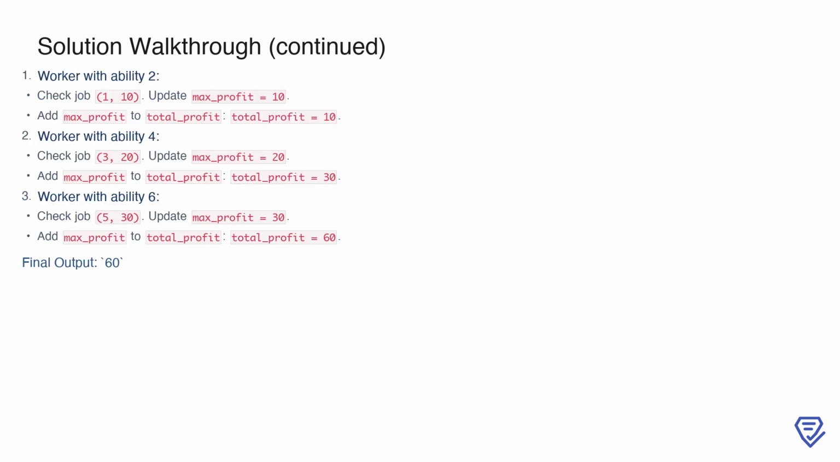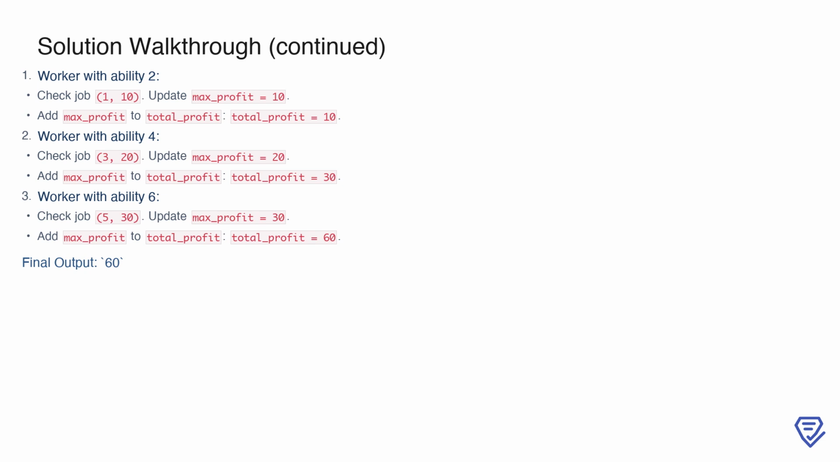We start with the worker who has ability 2. The only job they can take is 1, 10, so we update max_profit to 10 and add it to total_profit, which becomes 10. For the worker with ability 4, they can take the job 3, 20, so we update max_profit to 20 and add it to the total, bringing it to 30. Finally, the worker with ability 6 can take on job 5, 30, so we update max_profit to 30 and add it to total_profit, resulting in a final total of 60. This example highlights how workers with overlapping abilities can maximize the total profit by accessing progressively better jobs as their